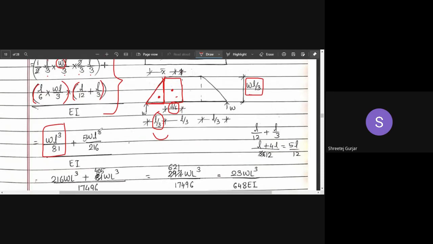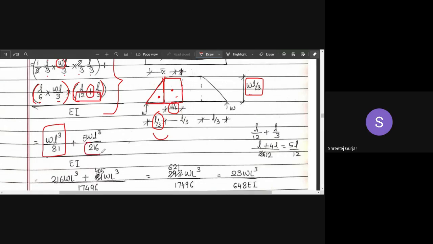WL raised to 4. What we have written as cube, has one L cancelled out anywhere? No, right? L by 6 into WL by 3, into L by 12 plus L by, okay, it is not multiplied. It is plus over here. So it will become L by 3 divided by 6 into 3 into the LCM of this. You have to find the LCM and then multiply that by 6 into 3.